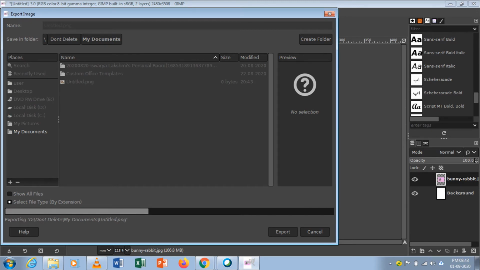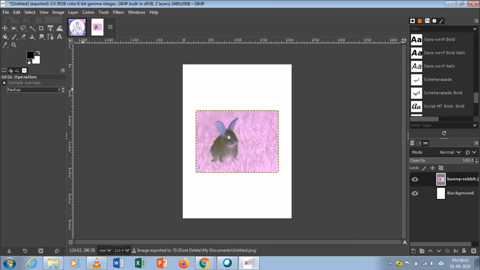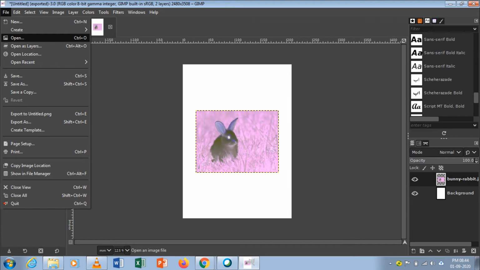That's all, children. How will you come out from GIMP? Go to the file menu and select the quit option. Okay. If you want to save this, you can save using the save option. It will save as a PNG file.